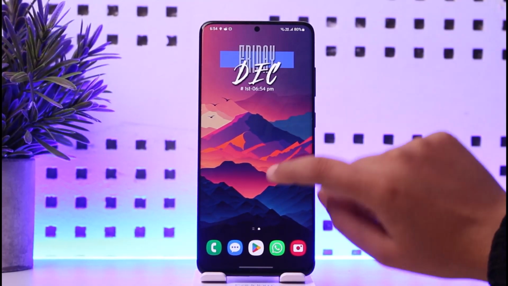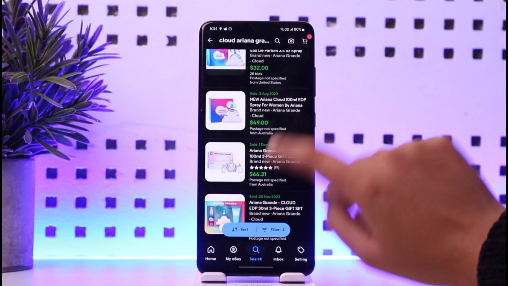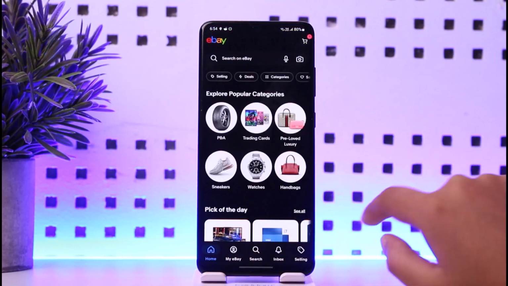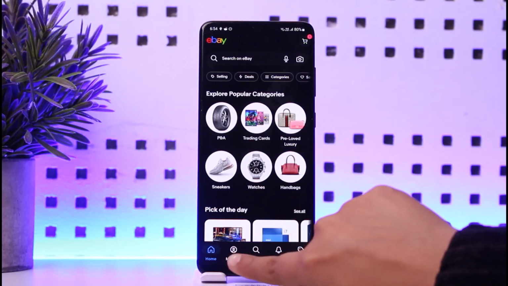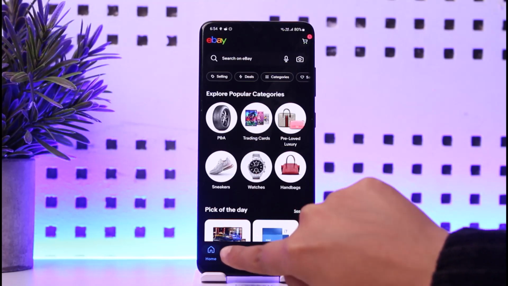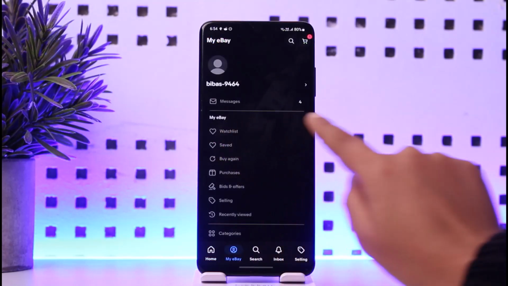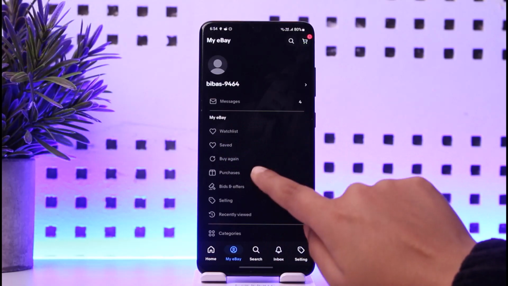For that you first have to access the particular eBay app on your mobile phone. Now go back to your home section and you're going to find this kind of interface, right? Then afterwards, here in this below section of the app's options, you're going to find this option called My eBay. Tap on it, and now here in this My eBay category you will find this option called purchases just